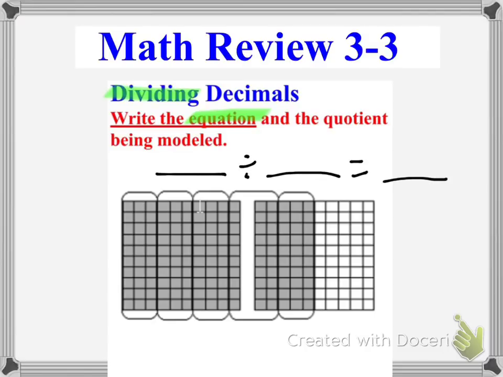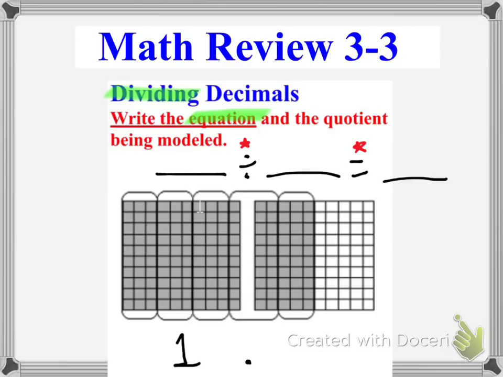So if you have your division symbol, you get a star, and if you have your equal sign, you get a star, because it's supposed to be a division equation, so you have to have that division sign, and an equation has to have an equal sign, so that equal sign has to be there. Now the very first thing we have to look at is how many little squares are shaded. You can see that the very first model has everything shaded, the whole thing,